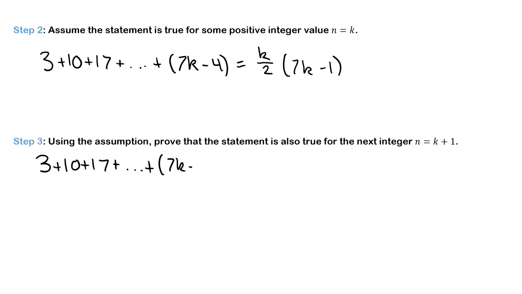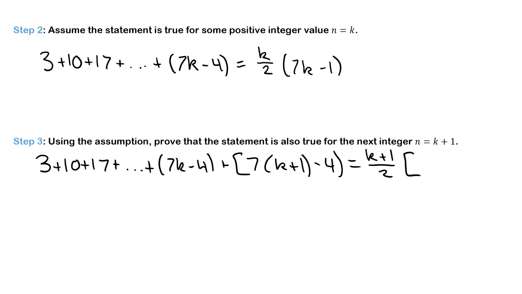plus 7k minus 4 plus r, now k plus 1 over, oh sorry, not k plus 1, I'm getting ahead of myself, plus r square bracket 7k plus 1 minus 4 equals k plus 1 over 2 square bracket, just to make things clear, 7k plus 1 minus 1. Now I'm going to tidy that up a little bit by doing some